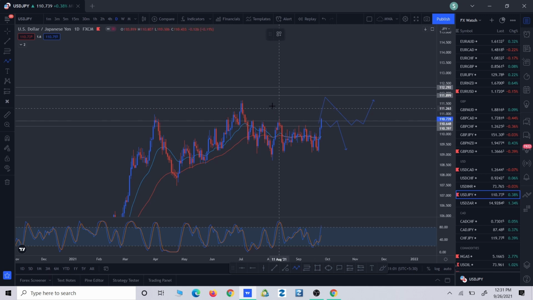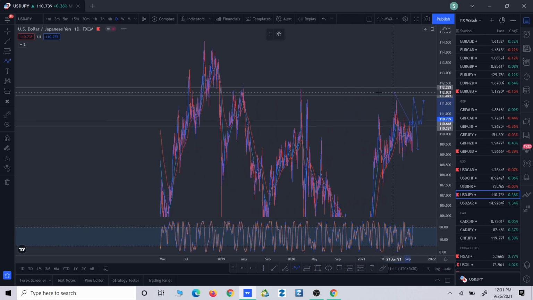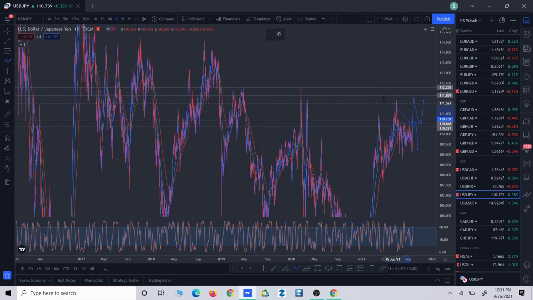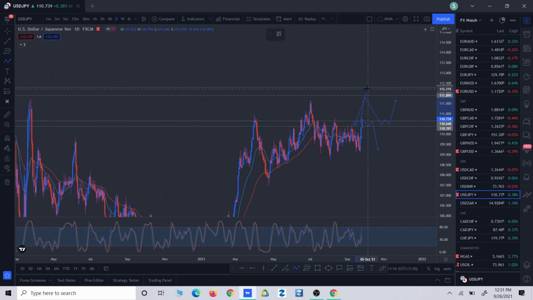because we are expecting the price to break and close above these highs and these highs. So if the price gives us a break and close above this one, we are expecting price to hit this zone, which is going to be a strong resistance zone. In order for the price to reach this zone, we are going to go to lower time frames H4 and H1, and we can look for some kind of double top pattern to go